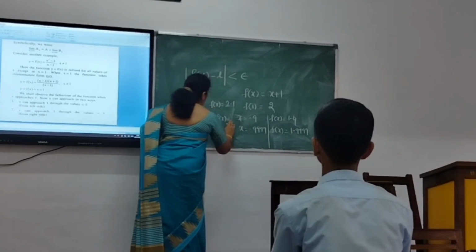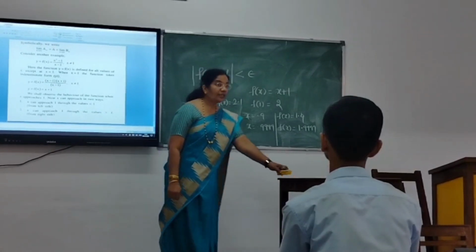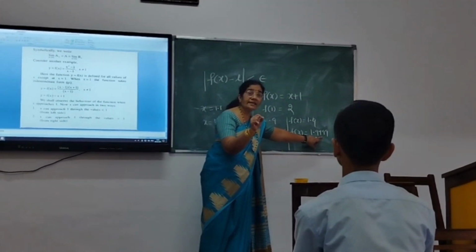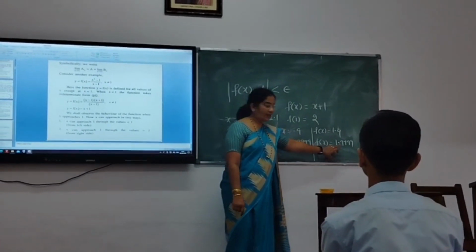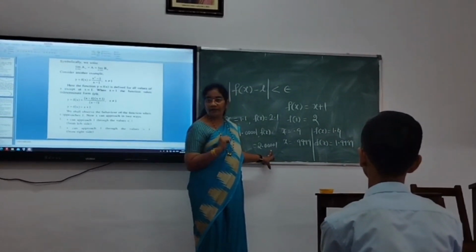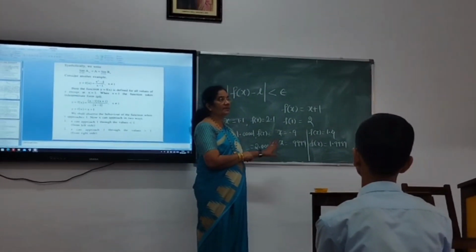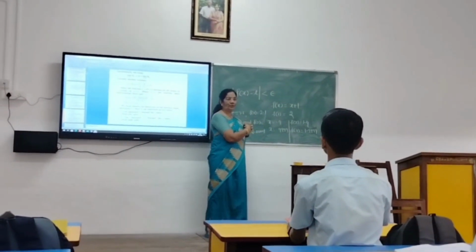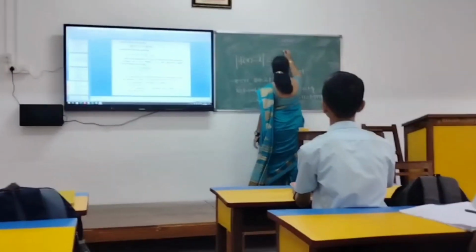Yes, f of x is 2.00001. In both the cases, see, in this case also 1.9999 is nearer, approximately equal to 2, but not exactly equal to 2. And here also the value of f of x becomes 2.00001, which means in this case also the value is nearly equal to 2, but not exactly equal to 2. So, this comparison of values can be defined in the form of limits, that is limit of f of x